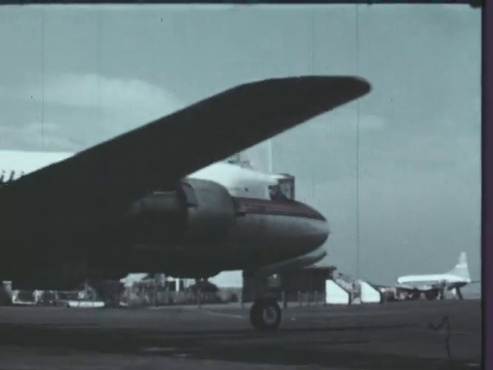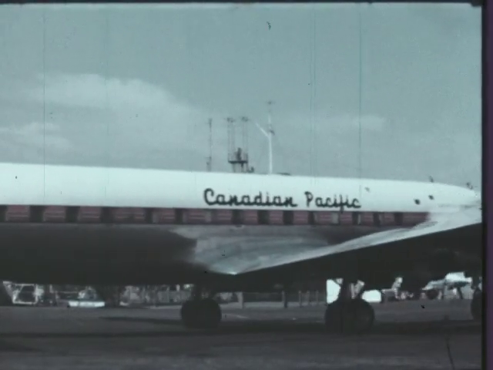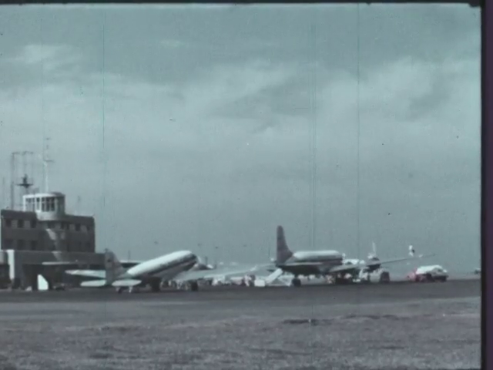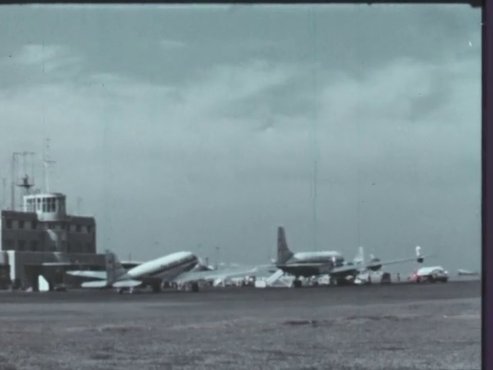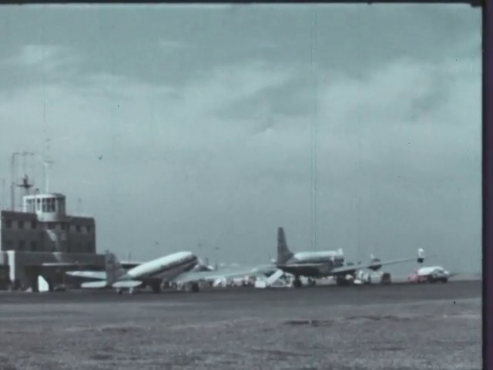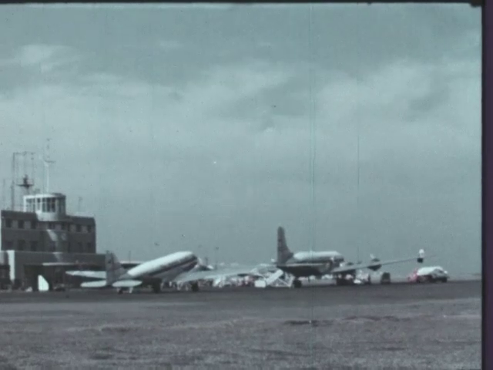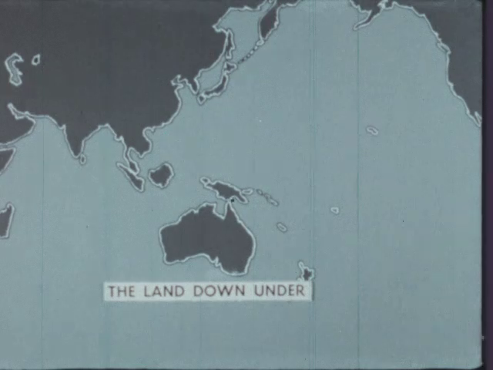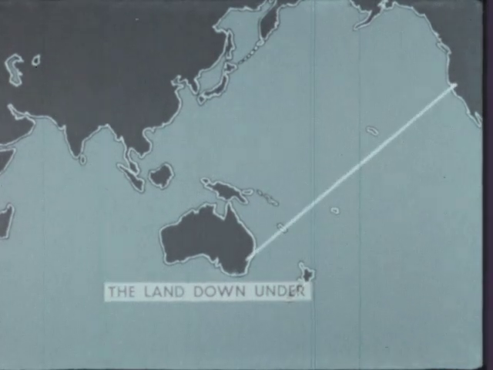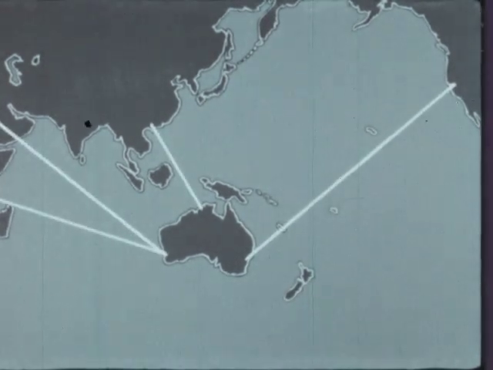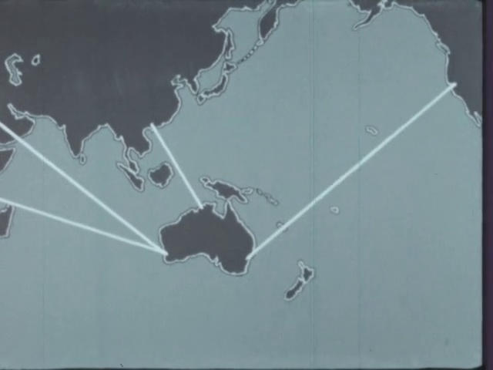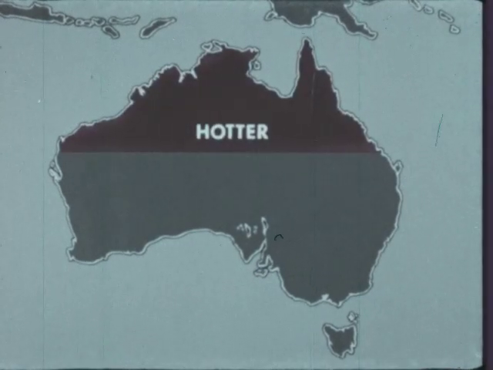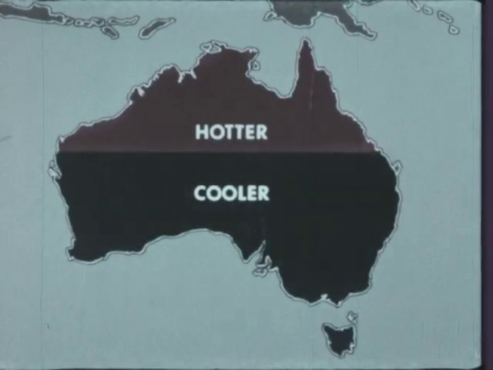Growing in importance are the great transoceanic planes that span the seas to all parts of the world. Australians are air-minded and depend on planes for much of their overseas travel. They were pioneers of air travel across the Pacific. So when we say Australia is the land down under, let's remember that Australia is far from the United States and from Europe. Australia is below the equator. The hotter lands are north, the cooler lands are south.